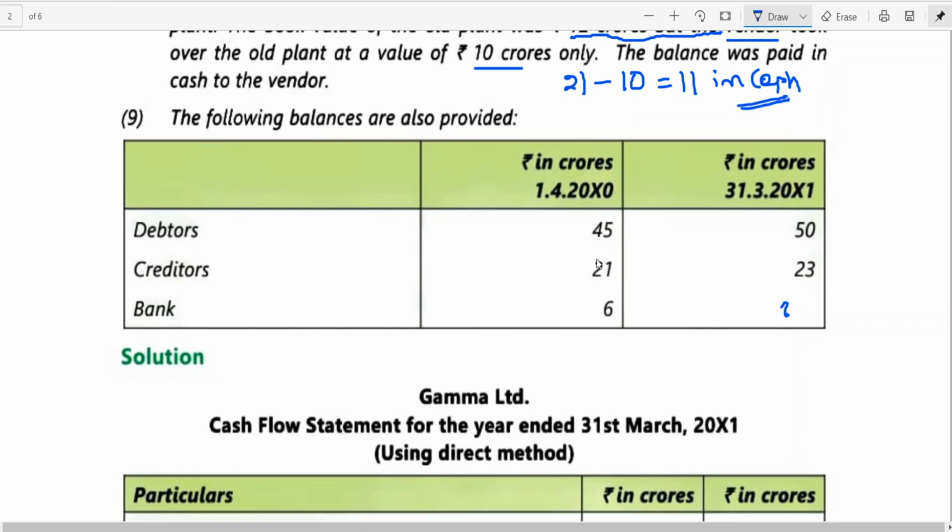You have seen that in the beginning of my lecture, I told you the amount received from debtors is needed, the amount paid to creditors is needed. That is the reason why this information has been given. And for you people, this is very simple. Like in single entry, you learn how to open the debtors account and creditors account. We got opening debtors, closing debtors, and credit sales. He says that 60% was cash sales, and 40% is credit sales. Then we can easily find out the cash collected from debtors. So is the case with creditors.